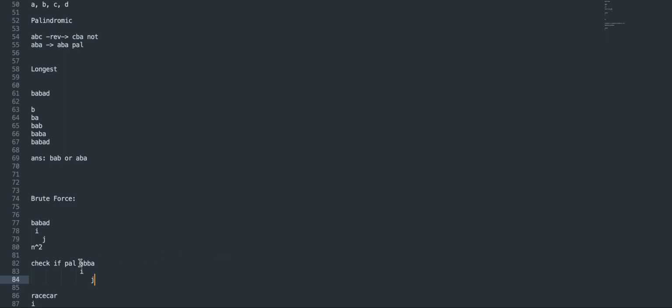You can compare the start and end character, both are same. You can increment the start, decrement the end, again compare. In this case both are same again. So at any point, if the character is not equal, you can return false. But if all the characters are equal till i and j coincide, that means it's